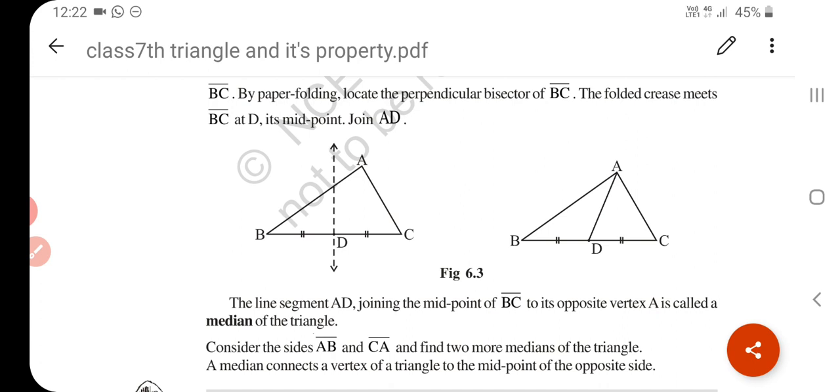If we talk about this triangle, AD is the median of triangle ABC, and BE and CF are also medians of the triangle. Okay, understand? So an altitude can lie in the exterior of a triangle. The altitude can also be outside, in the exterior. Two sides in a right angle triangle are its altitudes. Median and altitude coincide in an equilateral triangle. If the triangle is equilateral, then median and altitude coincide, meaning they will be the same. Understand?